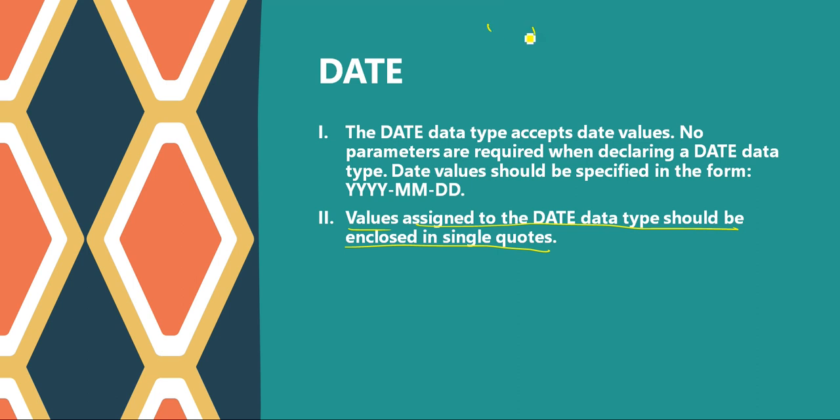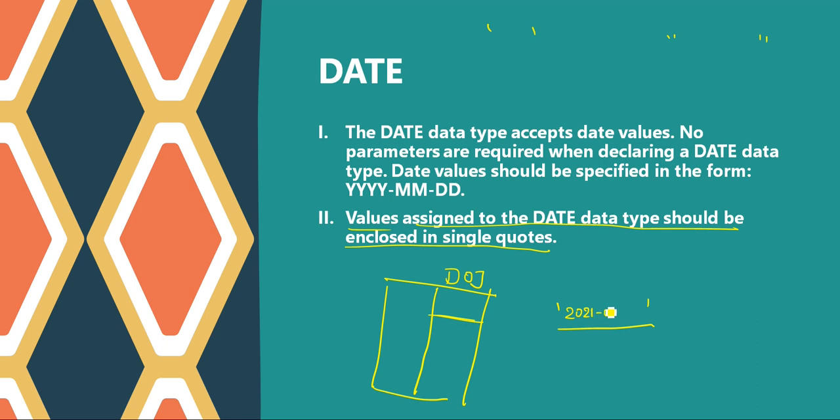Single quote means this one is called a single quote and this one is called a double quote. So in SQL, whenever we pass a date, let's say this is my table, and in this table there is a column DOJ, date of joining, and I want to submit any data. So I need to write a query. Obviously we are going to see how to write a query, but for now you just need to remember, whenever we want to submit any data, we need to enclose it in a single quote. Let's say 2021-01-05, something like this. So we always need to enclose this inside a single quote, only then it is going to be accepted.